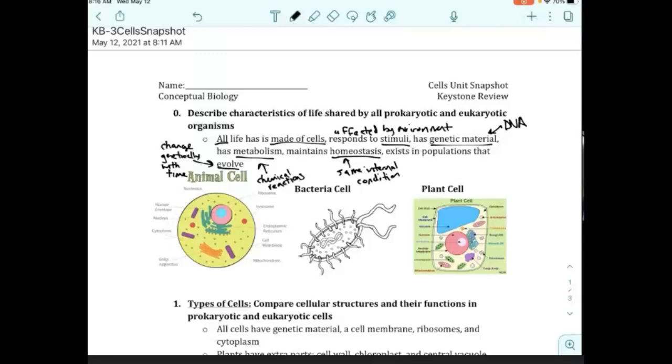We talked a lot about homeostasis and how our bodies control what gets in and out. And lastly, we talked about how populations can evolve, right? When organisms die, that's evolution, right? When organisms reproduce, that also creates evolution. Okay, we'll just stop right here for a moment and let's